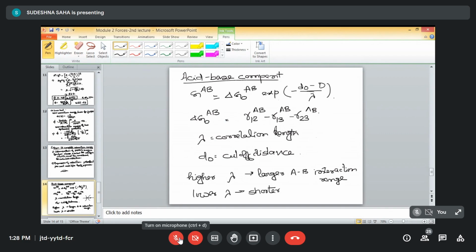Okay, so this will be a shorter acid-base interaction range. Okay, so this is it from the forces that we